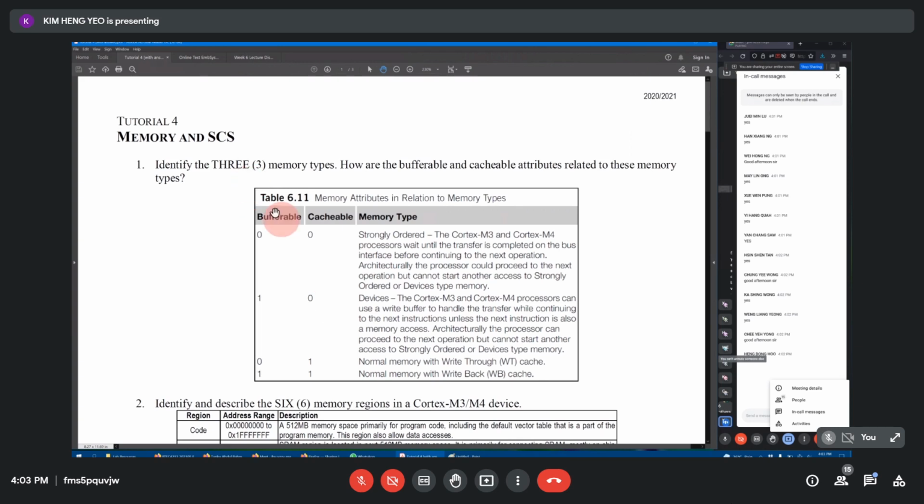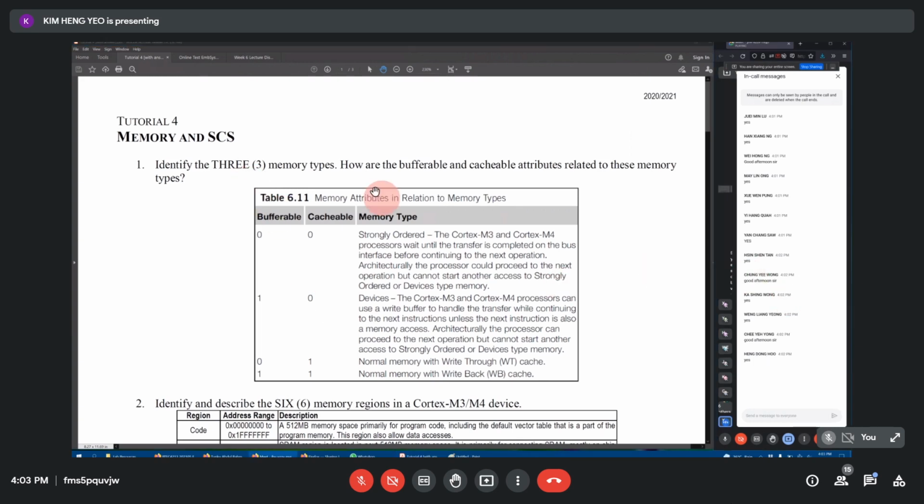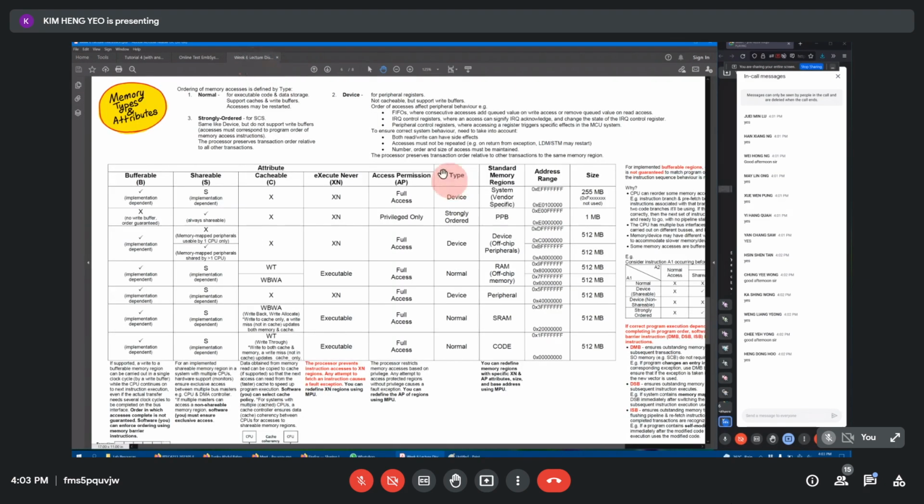For example, identify three types of memory. The three types of memory are device type, strongly ordered type, and normal type. These three types of memory have different attributes: bufferable, shareable, cacheable, execute never, and access permission. So it's all different. Now, what the tutorial wants you to list is